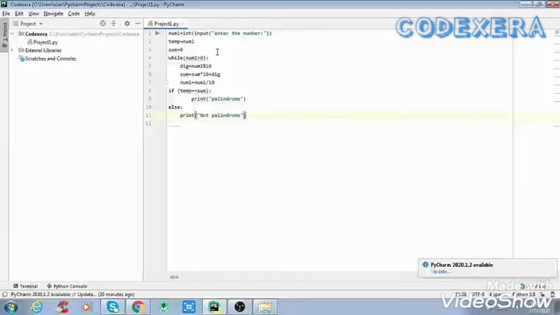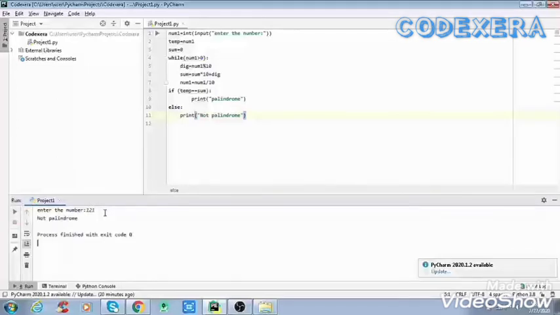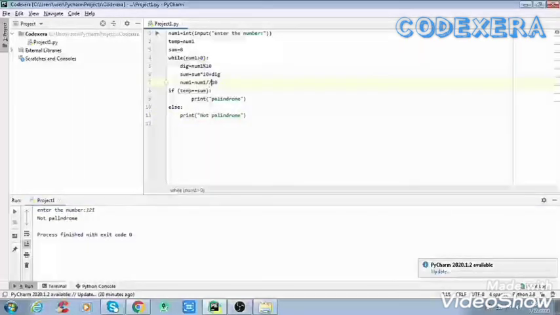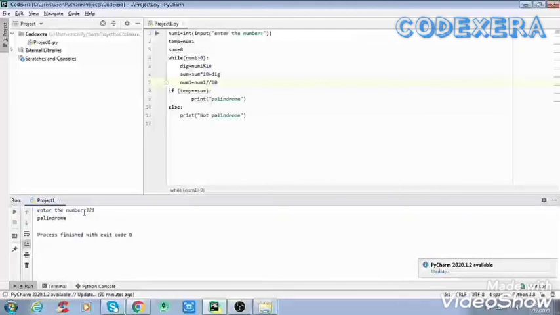Now we'll check whether this is the right program or not. So we will click run here and it will ask for an input. We'll give one input, 1 2 1, and here it is saying that it's not a palindrome. Why? It is saying that it's not a palindrome because we have only divided here. So we'll put one more slash and after that we'll check whether it is a palindrome or not. So here we'll enter, and here we are able to find that it is a palindrome.